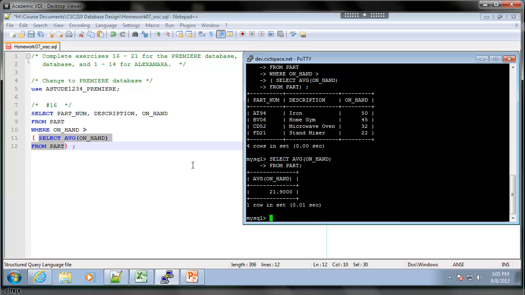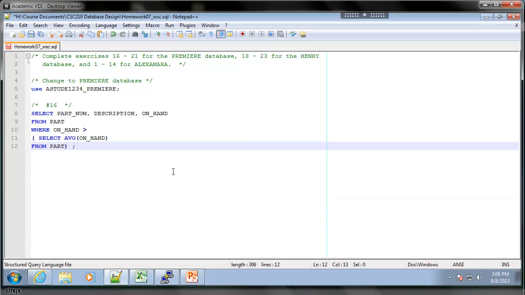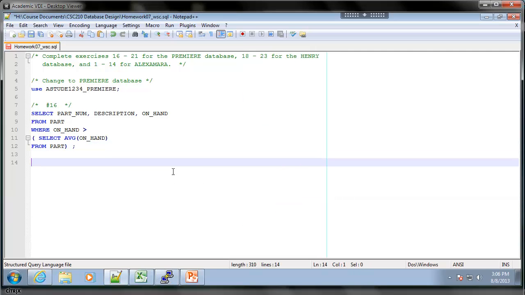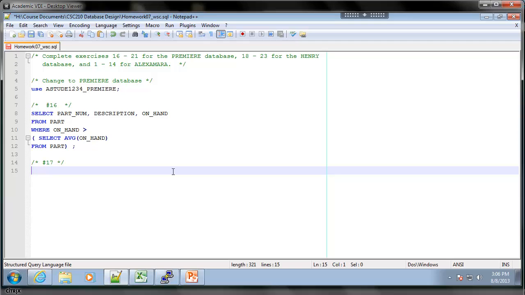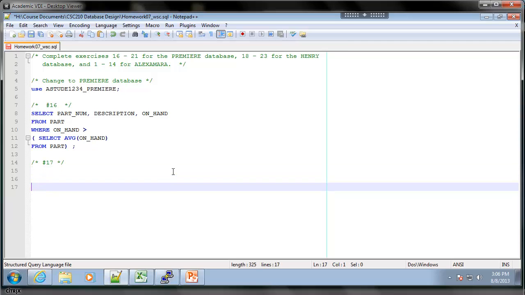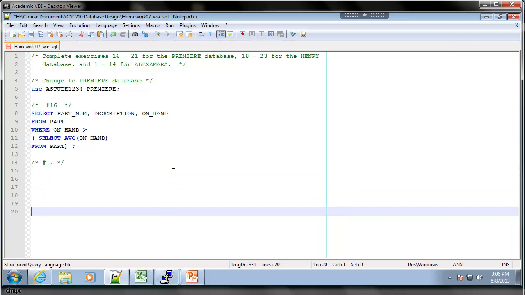All right, so I would keep doing this. The instructions I gave you was if you get the right kind of answer, then go ahead and move on to number 17. If it's not correct, then do something else. So we have an answer that looks correct. I would then just skip a few lines, come in here and put in number 17, and go ahead and answer that. Now, please remember that later on, once you finish all of the ones in Premier Database, down through number 21, then the very next thing you need to do is